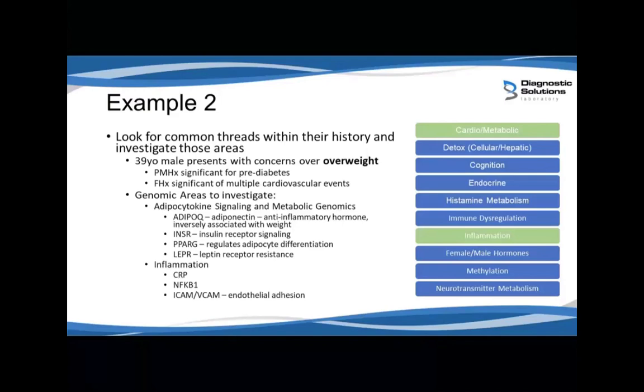And so within those two categories, you'll also see that these categories line up with a lot of how the network maps interact. I'll show that as well when we get to the demo. For adipocytokine signaling and metabolic signaling, we want to pay attention to genes like AdipoQ,